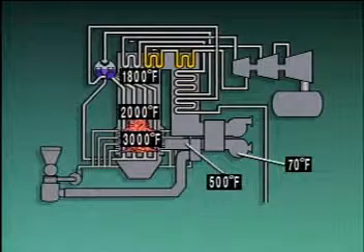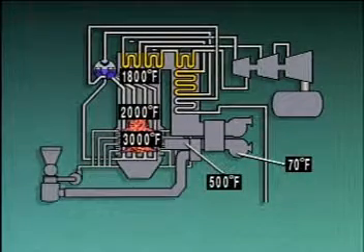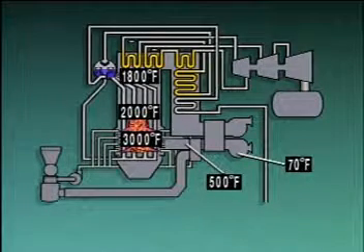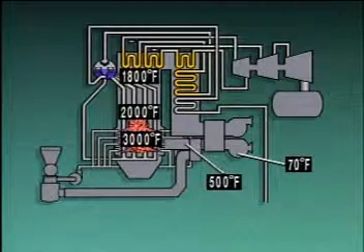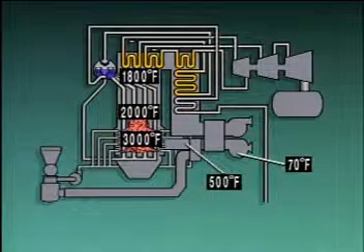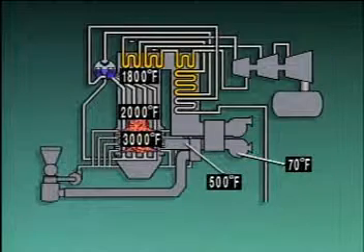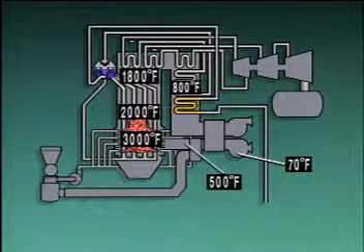Superheaters and reheaters are heat exchangers. Their purpose is to raise the temperatures of the steam produced in the boiler so that the steam can do more work. Steam flows through the superheater and reheater tubes. In this example, the temperature of combustion gases drops about 1,000 degrees when the gases transfer heat to the steam. The gases leave the last superheater at about 800 degrees Fahrenheit and pass on to another heat exchanger called an